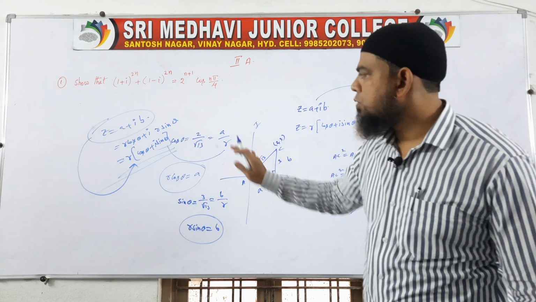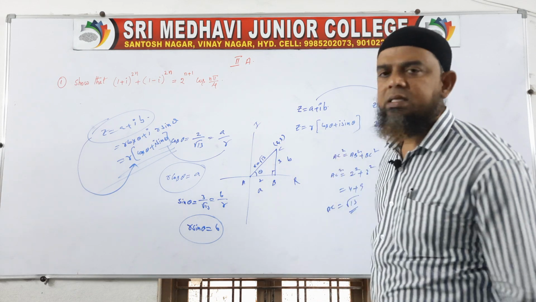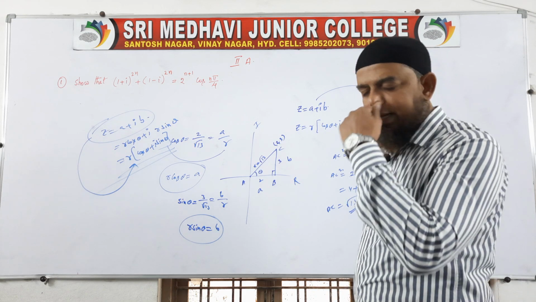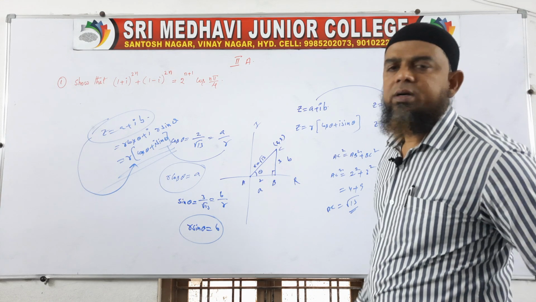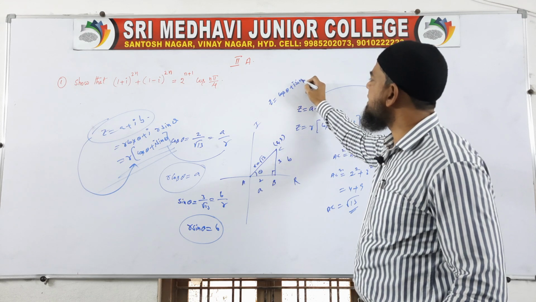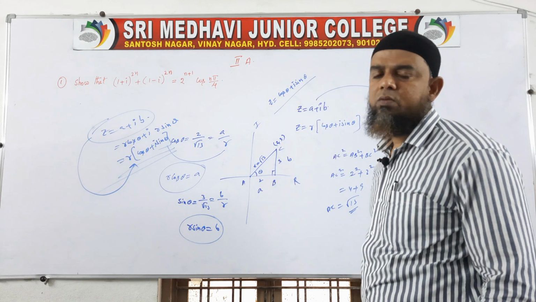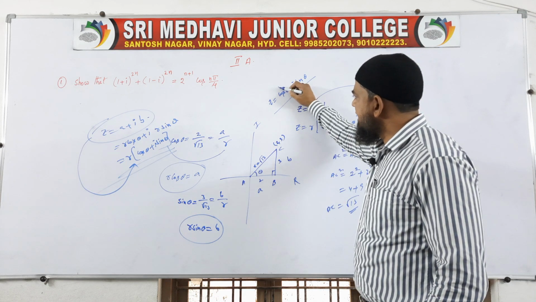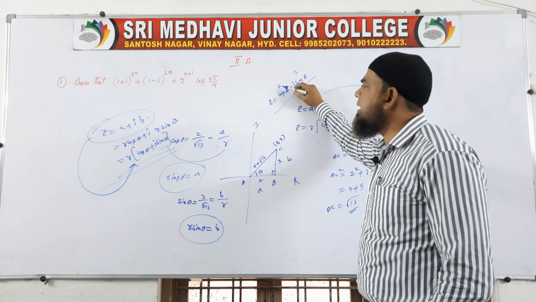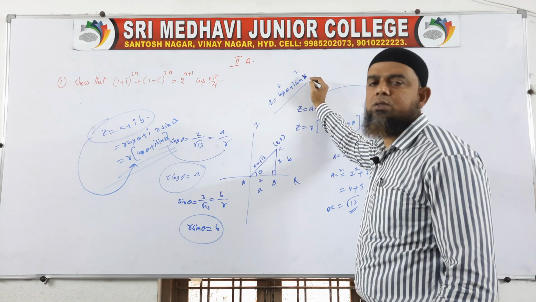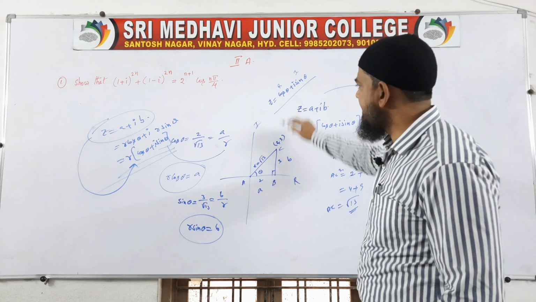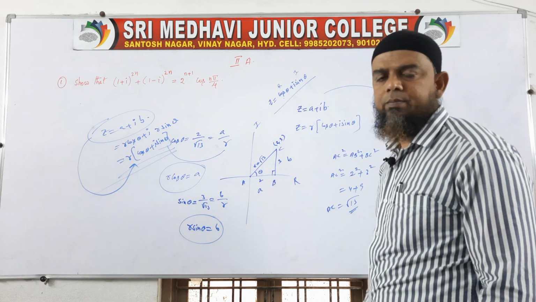Actually, I showed you the proof here of how to get R into cos theta plus i sin theta. Actually, when we are doing the problem, the process is different. The second point is, according to De Moivre's, what he is telling, when the complex number is in the form of cos theta plus i sin theta, you concentrate on this complex number. Why am I telling like that? This is the real part, this is the imaginary part. Children, this is fixed here. We should not take real as sin and imaginary as cos. We have to take a complex number always like this only: real as cos, imaginary as sin.